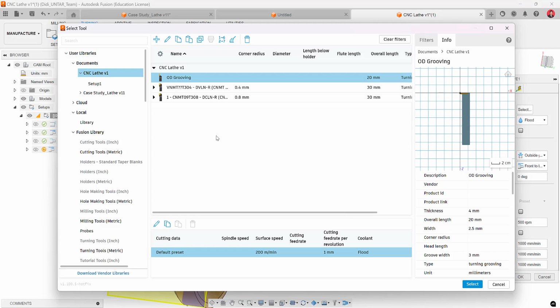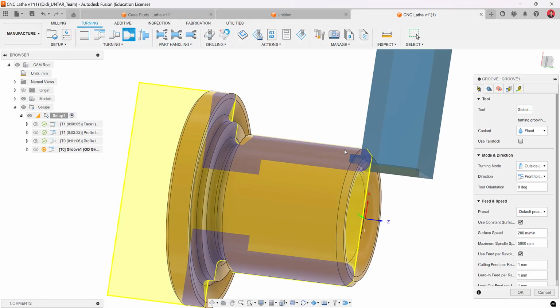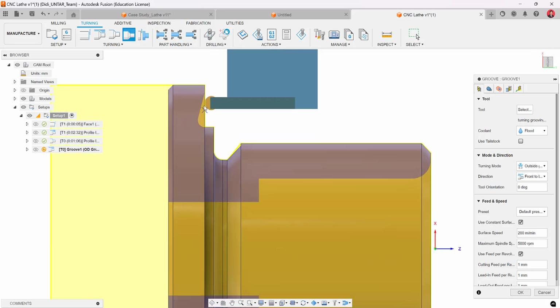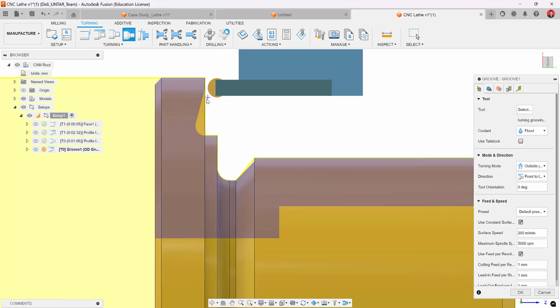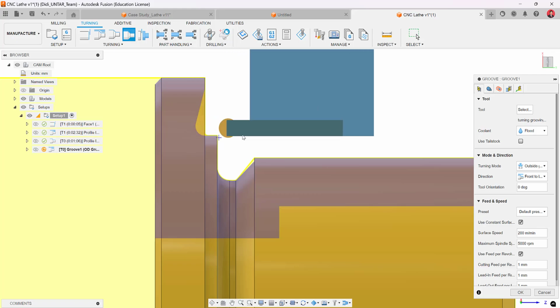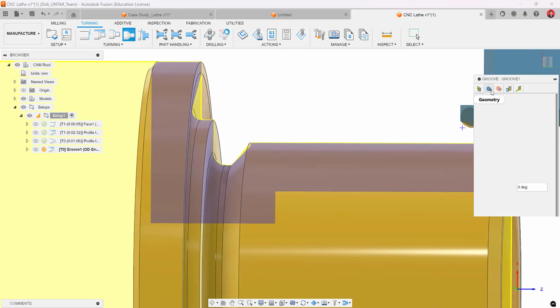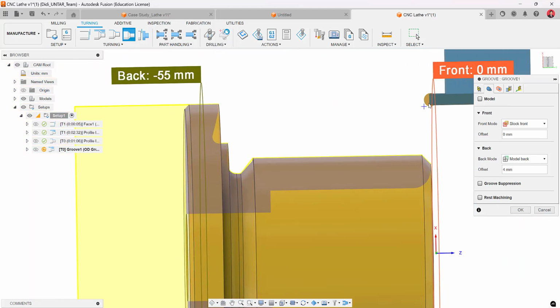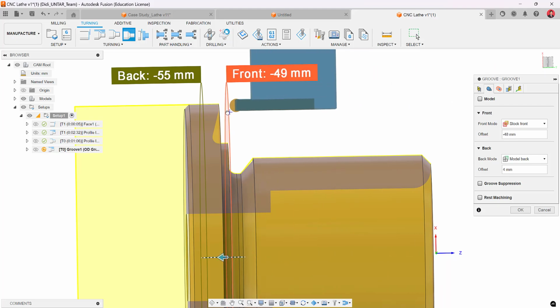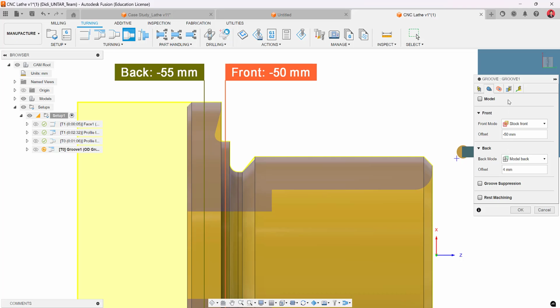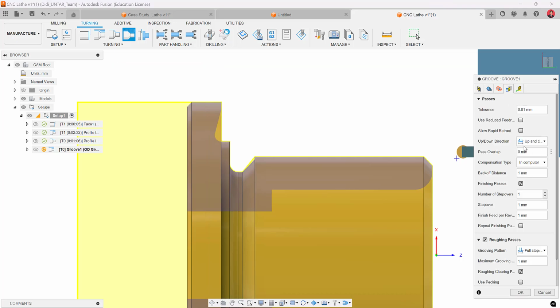Okay, I will set, and then I will use this one. Okay, so as you can see, this should solve the problem. Yeah, okay, like this, solve the problem. Okay, and then the operation will be just only this particular containment area, like that. Okay, then the passes,